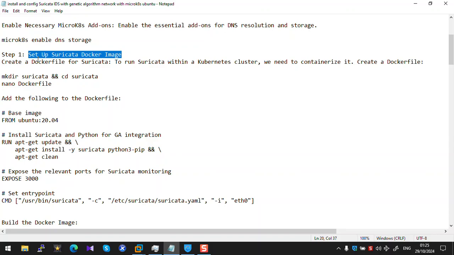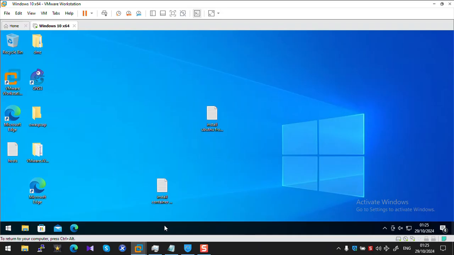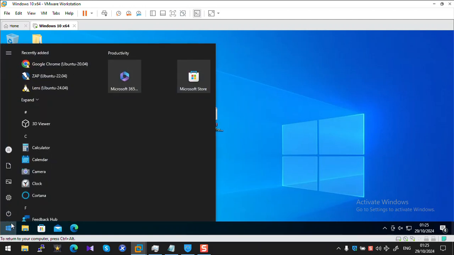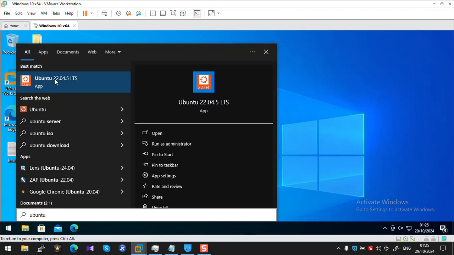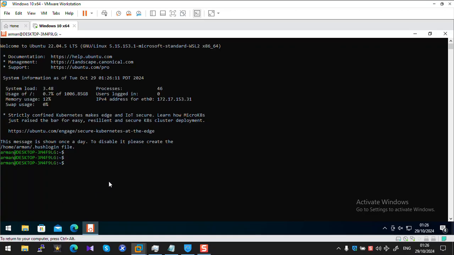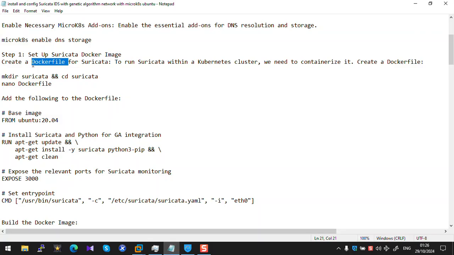For example, create a Docker file for Suricata to run Suricata within a Kubernetes cluster. We need to containerize it. Create a Docker file. To create a Docker file, go to Ubuntu, and type sudo nano, make a Docker file,